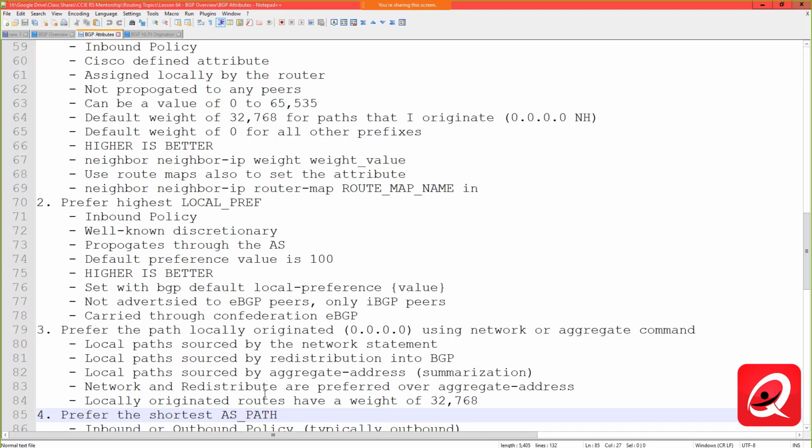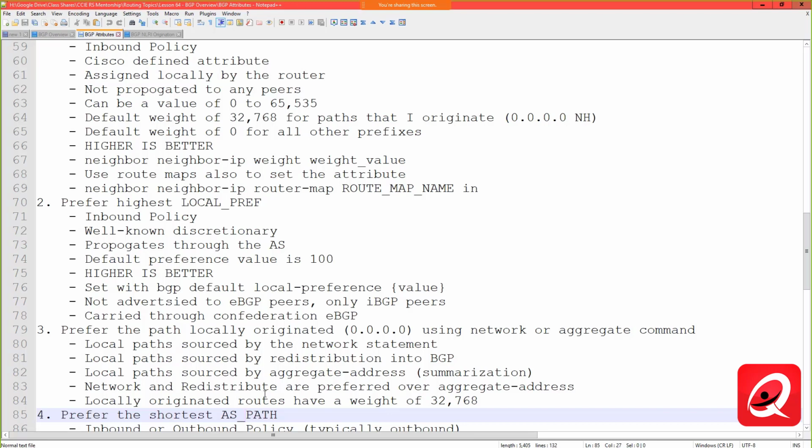All right. It's also not advertised to external peers. It's only advertised to internal peers. We're actually going to see as part of our discussion that the second option is typically going to be more preferred than the first option. And that's because weight is not an attribute that gets propagated to the rest of the peers. So it's very difficult to